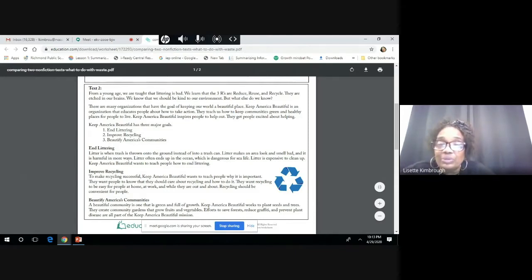Keep America Beautiful is an organization that educates people about how to take action. They teach us how to keep communities green and healthy places for people to live. Keep America Beautiful inspires people to help out. They get people excited about helping. Keep America Beautiful has three major goals: end littering, improve recycling, beautify America's